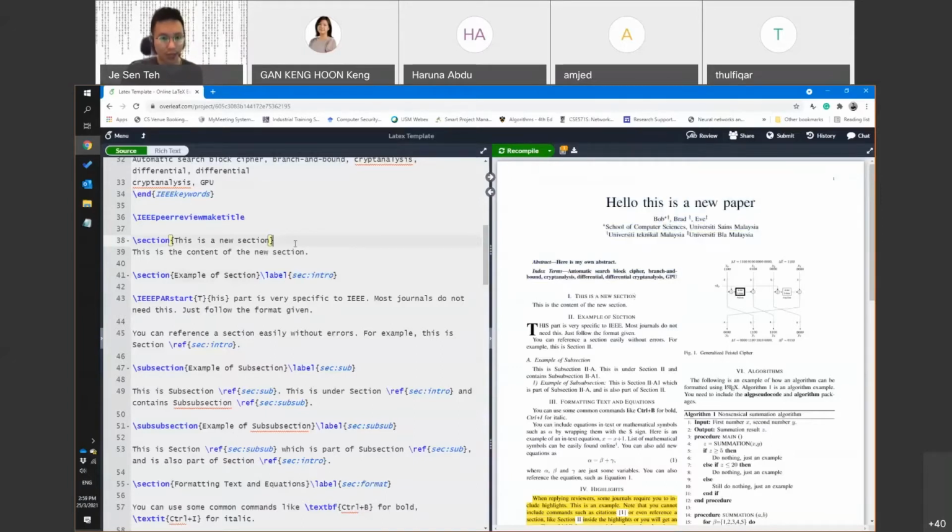So let me just give it a label. You can name the label whatever you want, but as a best practice, I always start with sec if it's a section, and fig if it's a figure, and then I can give it whatever name I want. So let's just call this new section. We can even write something like NS. So when you want to reference this section,